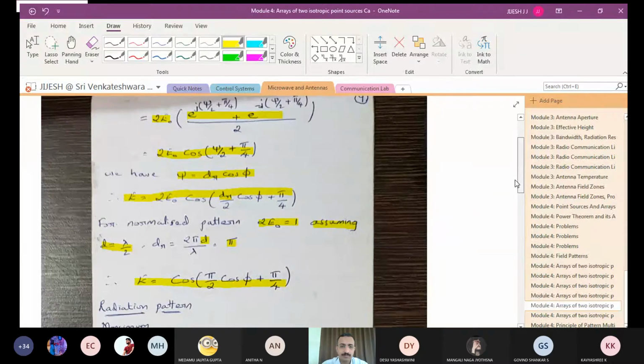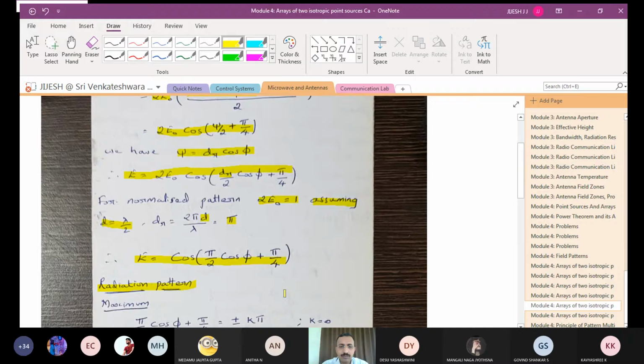Now let us go with the radiation pattern. In understanding the radiation pattern, you know that you need to find three main things, that is maxima, minima and half power values. So we are going to see what is the maximum value, what is the minimum value, and what are the half power points. So first let us consider the equation and go ahead with finding out the maximum value.